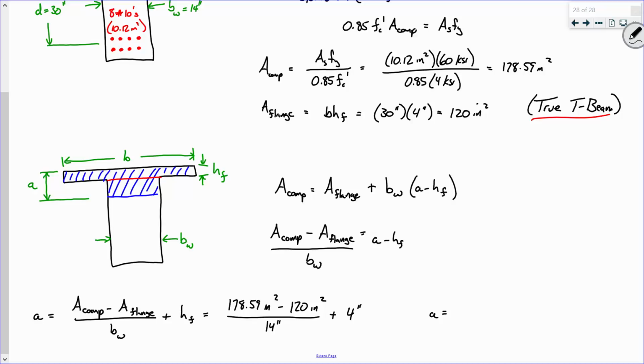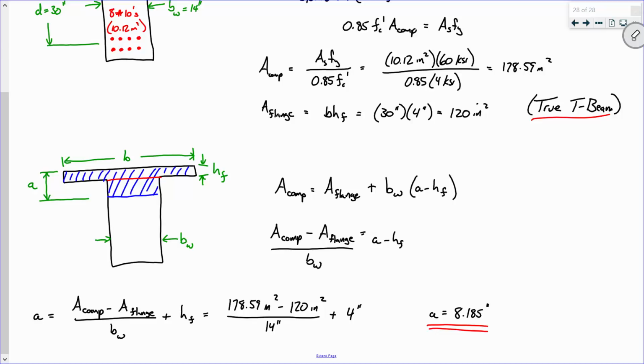Say it again. 8.21. I got a second on that? See, I got 8.185 or something. You have a decimal value off or something? Okay. Everybody okay with this? So that's how deep that stress block needs to be for this beam such that